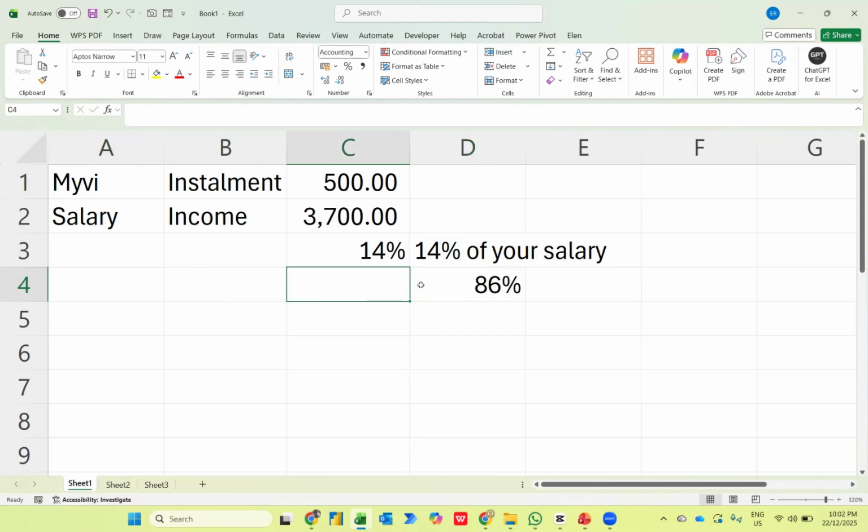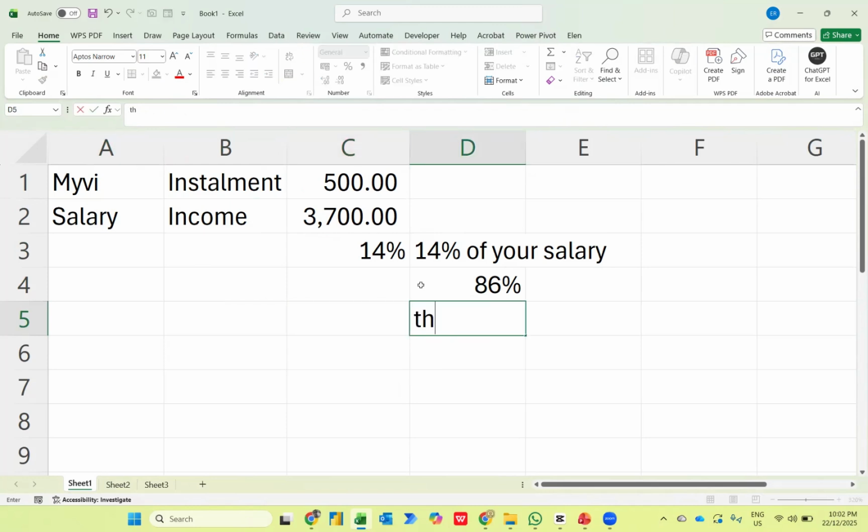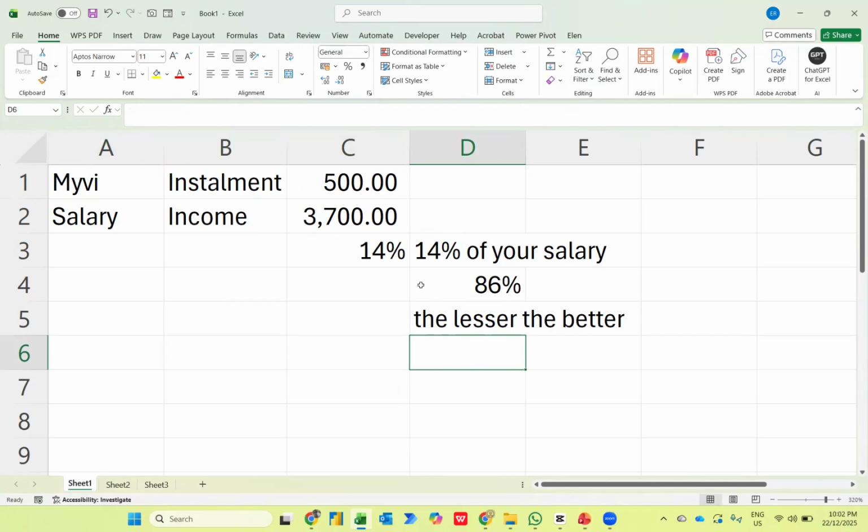So in this context, for the DSR, the lesser the better, because if your installment is high, then you will have high commitment, your savings will be lesser, and you have little money to spend for yourself. However, if your installment is lower, then your DSR will be lower, and this can eventually lead the bank to approve. But you have to bear in mind, sometimes we have situations like the COVID-19 pandemic, whereby